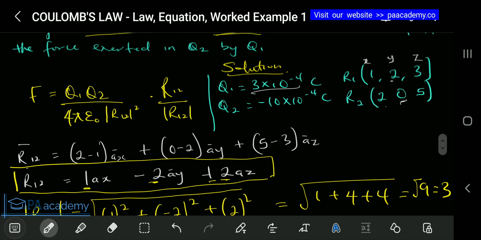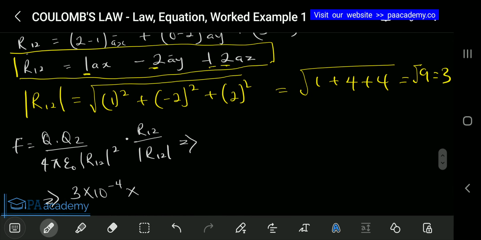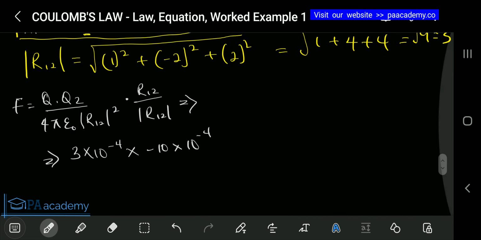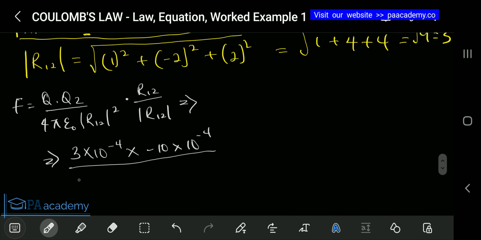times our Q2 is minus 10 times 10 raised to the power minus 4. So that will be minus 10 times 10 raised to the power minus 4. Then over 4 times, so we already know 4 pi, okay, let's just use pi, times, now our E naught,